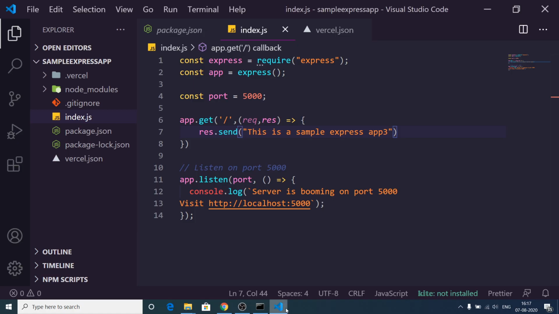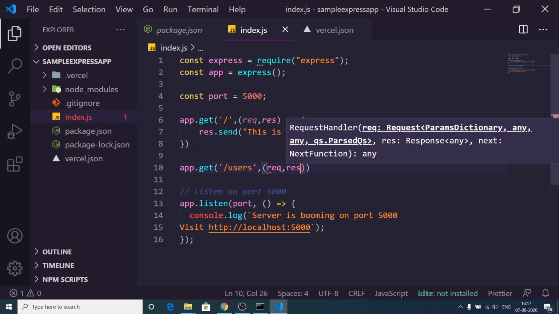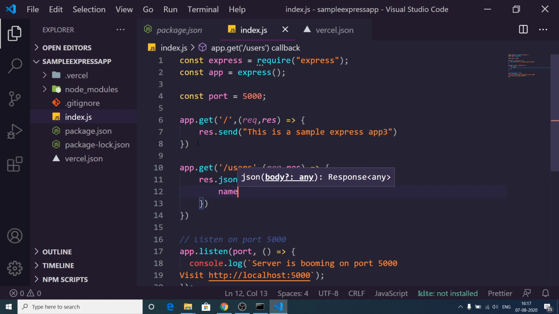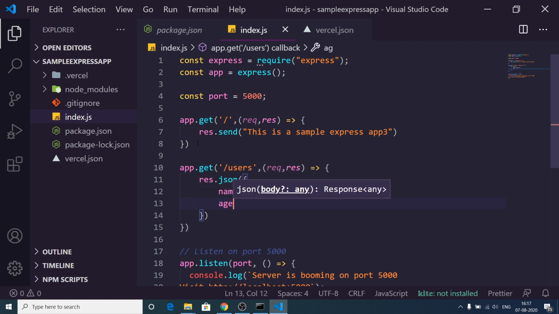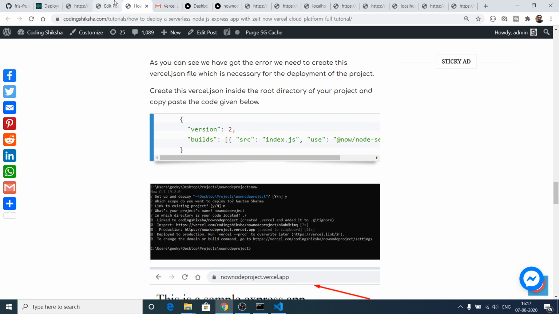And the nice thing about it is that, let's suppose you want to add some kind of URL, app.get slash users. Let's suppose there is a custom route that you want to add, response, and inside this we need to write response.json, name Gautam, age, let's suppose, 40. And now what you need to do is that you need to